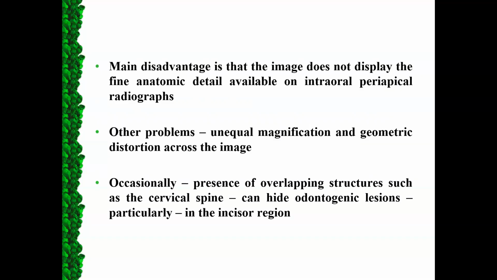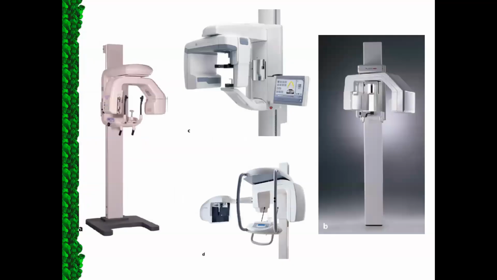However, it is not without its limitations, which include that it does not display the fine anatomic detail available in intraoral periapical radiographs. Other problems are unequal magnification and geometric distortion across the image, especially if it is in front of or behind the focal trough. And occasionally, the presence of overlapping structures, such as that of the cervical spine, can hide odontogenic lesions, particularly in the incisor region. This is an image of an